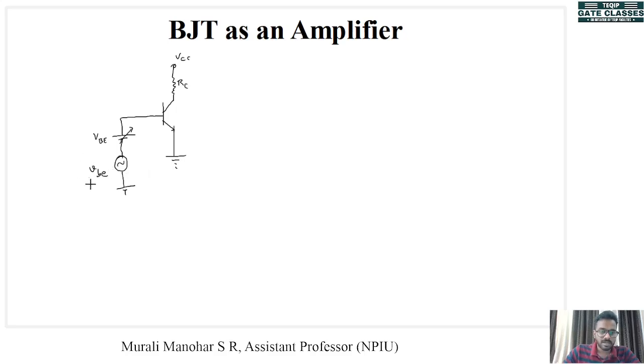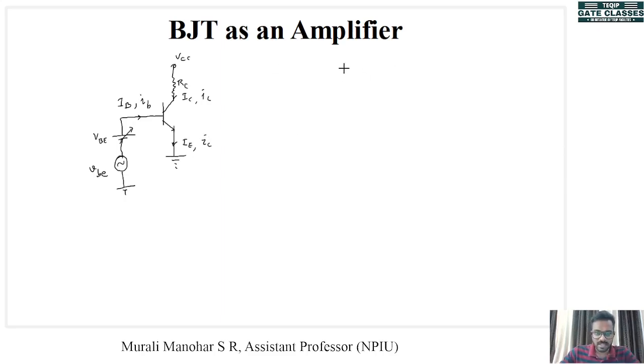Now see that the AC signal is denoted by small letters and DC signal is denoted by capital letters. Small vbe means pure AC input signal, and capital VBE means pure DC input signal. So here we will have two currents, one because of the DC supply we have given and one because of the AC supply we have given. So pure DC current IB and pure AC current ib. Because of this, there will be two collector currents, DC equivalent and AC equivalent collector current. Same here for IE, DC and AC currents.